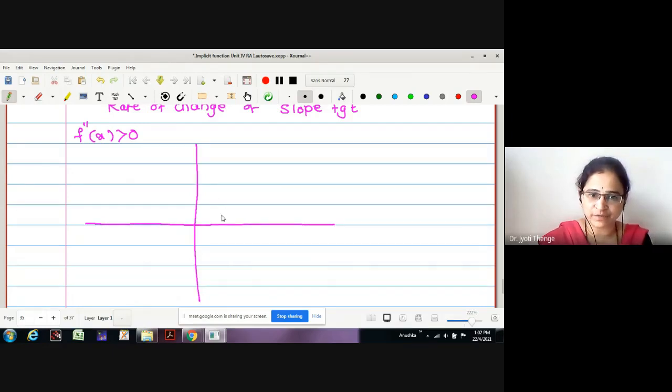Look at this type of curve. Now what I'll do, I'll just mark the tangents at every point. I'll mark the tangent at this point. I will take a tangent at this point now. Now I will take a tangent at this point. Look at all the tangent points. The first point, second point, and third point.